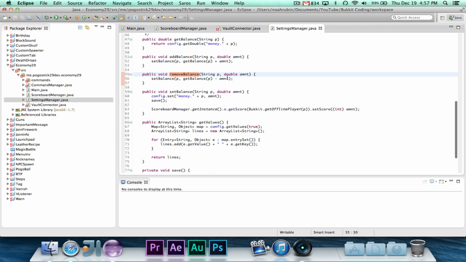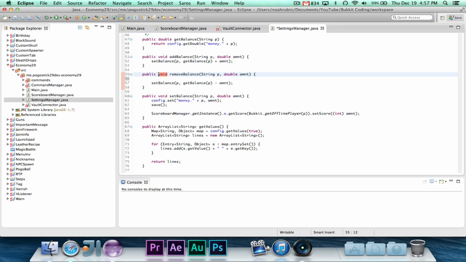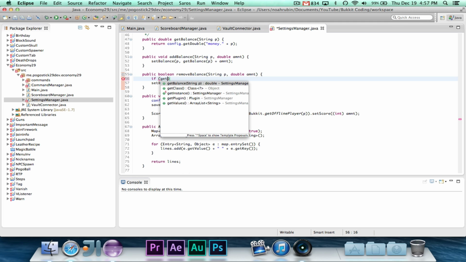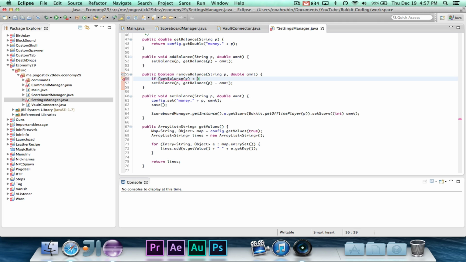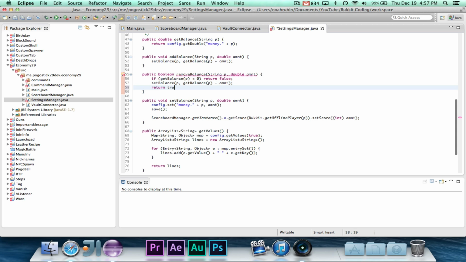So the last thing we have to do is change this to a boolean, and we need to say if get balance for P is less than 0, return false, and then return true.